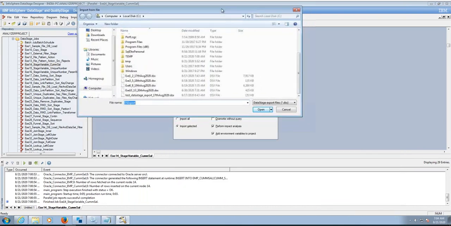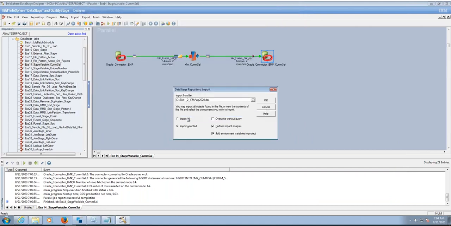Select a file, any file, the file where you placed the DSX file, click on open, click on import all, click on OK. Once you click on import all, everything will be restored in your VMware. The jobs will be reflected in your VMware DataStage. Okay, so that will be a reference point for you when you are practicing. If you get stuck or the settings get messed up, it will be easy to understand and practice. Okay.